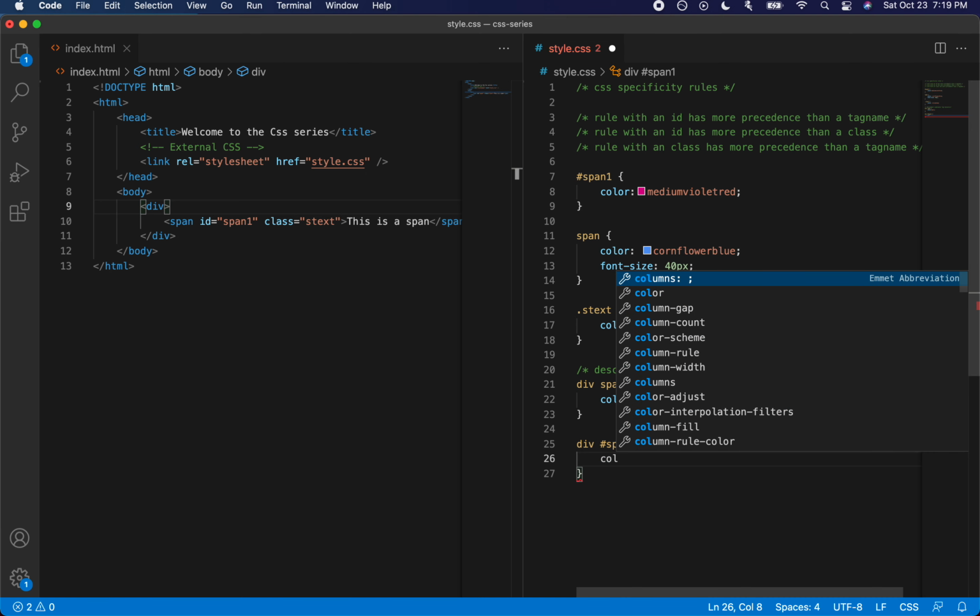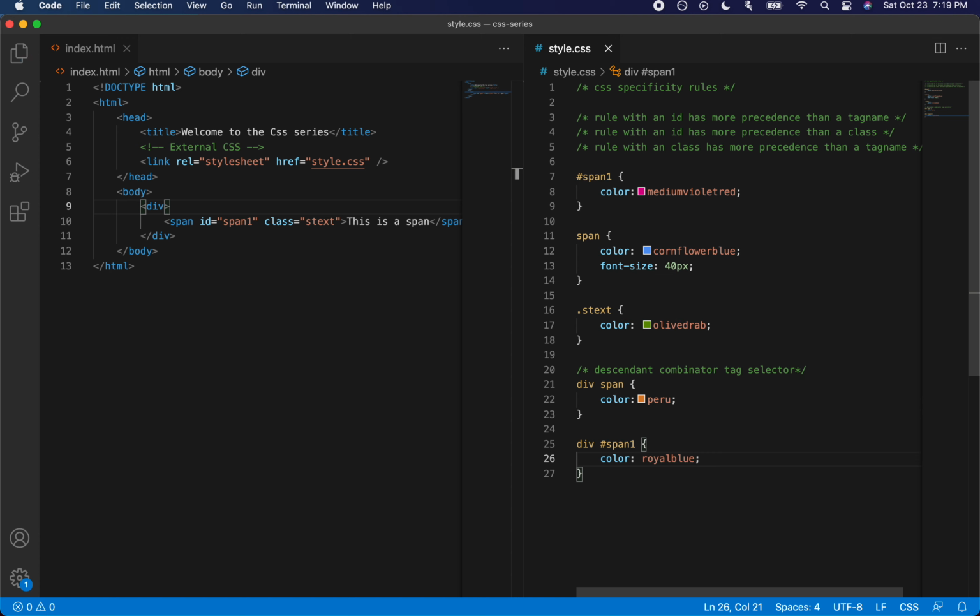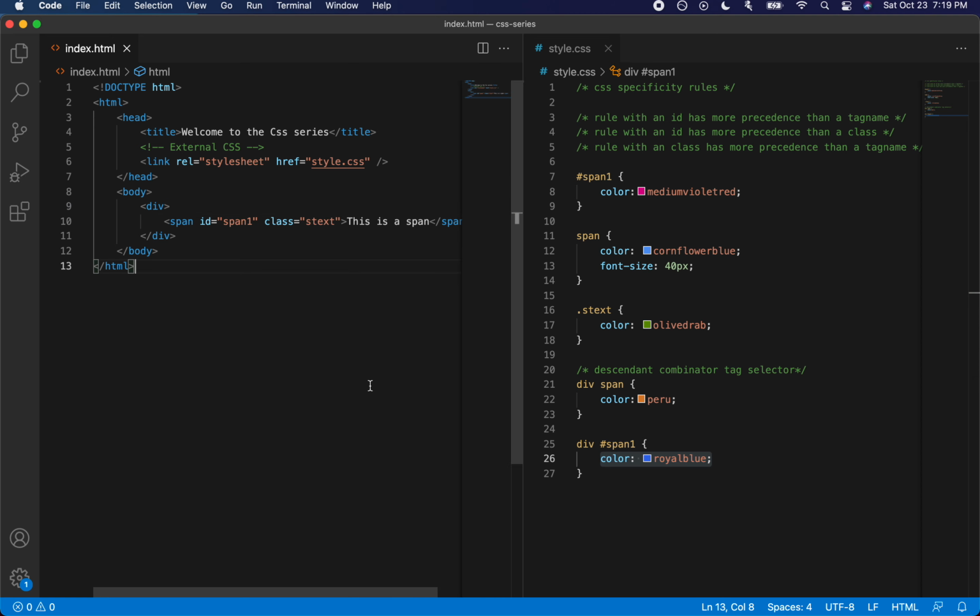So let me do that. Let's add color and let's give a different color this time. Okay, this will be royal blue. When comparing it with the medium violet red, royal blue is a contrasting color. So let's just make sure that this color appears on the span text.